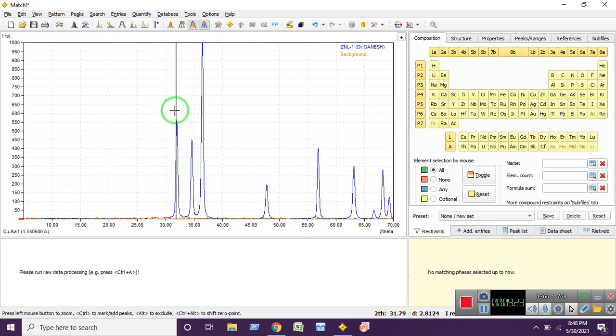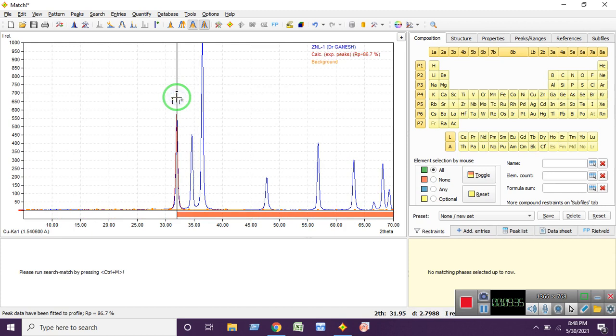Place this vertical line on the corresponding XRD peak very carefully, keep pressing the Control button, then right click the mouse. Automatically the particular peak is going to be selected. This should be done very carefully, because the variation in the 2 theta angle is going to produce much more difference in the calculation of the a, b, c values, the lattice parameters.